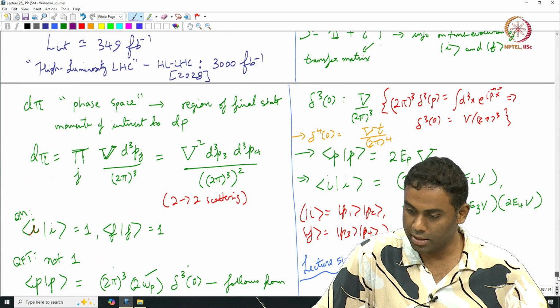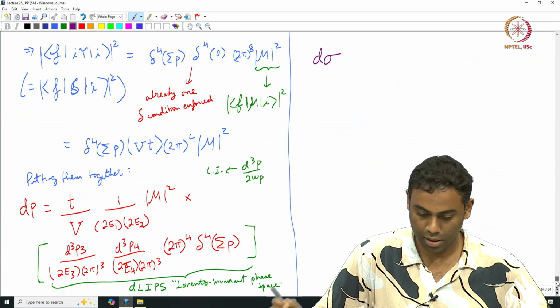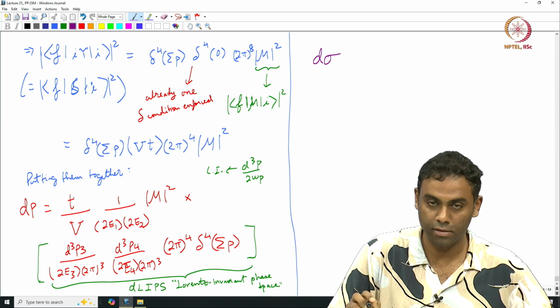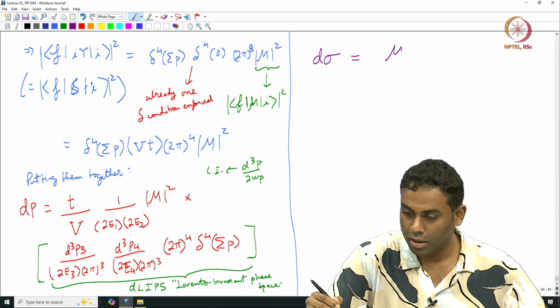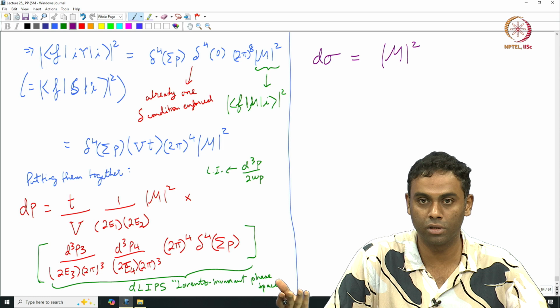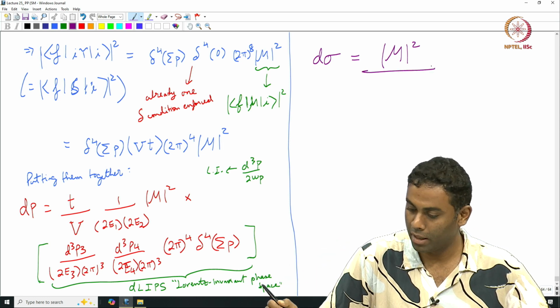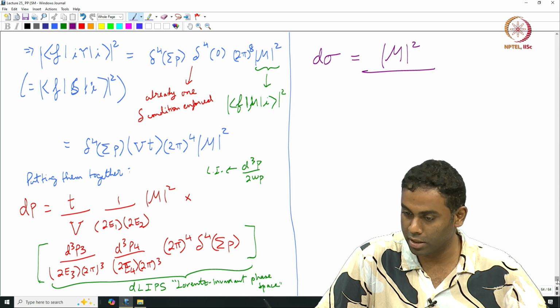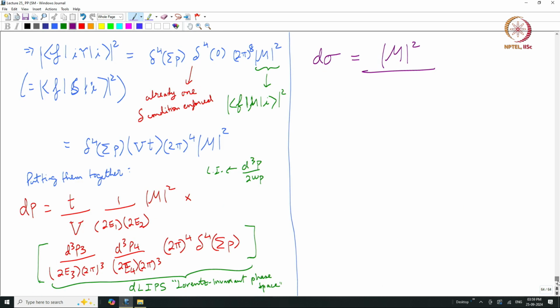We had dp over t times v1 minus v2. But now there is a t in the numerator that cancels the other t, correct, and that would mean I am now left with m squared, which is always there. The cross section is proportional to the absolute value of the amplitude squared. Maybe if I had mentioned m was a real number before, I am wrong. I actually meant I just isolate the i out of it. M could be a complex number also, but it's just a dimensionless number. That's the main point. The 2e1 goes for a ride,